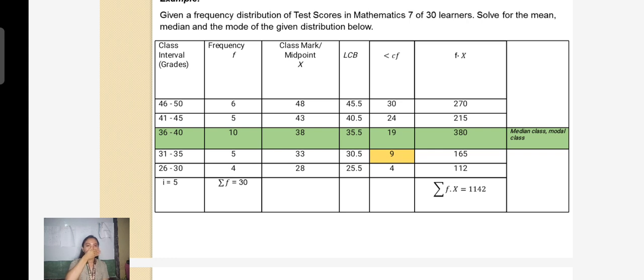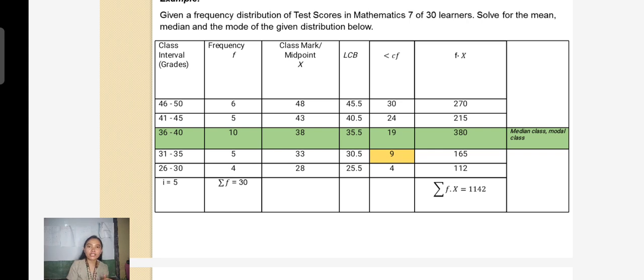In the fourth column, the lower class boundary. You focus on your lower class limits. We have 26, 31, 36, 41, 46. Those are the ones on the left side. The ones on the right, 30, 35, 40, 45, 50, are your upper class boundaries. So, for the lower class boundary, you are going to